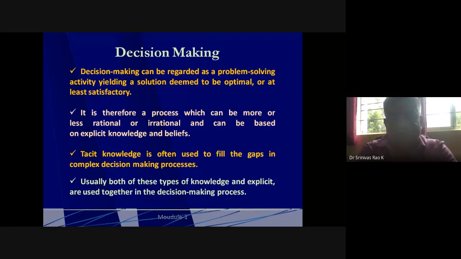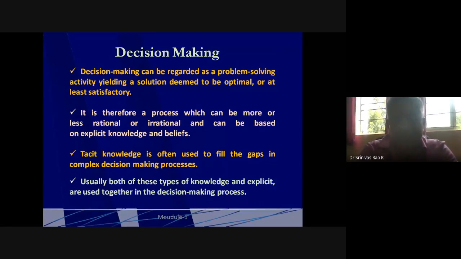For decision making, this means you have to have good technical knowledge. If you do not have engineering knowledge, if you have not understood how a transistor functions, how a field effect transistor functions, if you do not have any idea, then you can't take decisions, because you do not know the process, how this FET works. Then it becomes very difficult to take a decision. So you should have thorough knowledge. Then only you can take a decision.